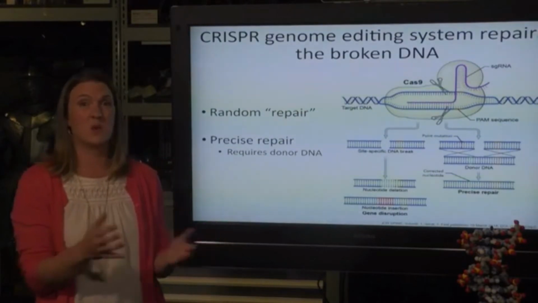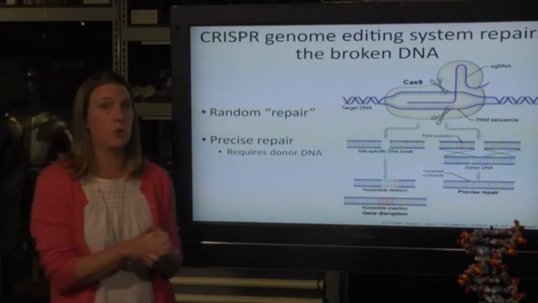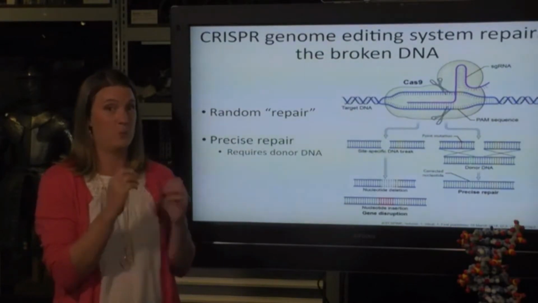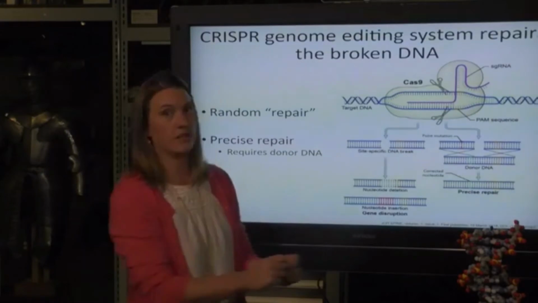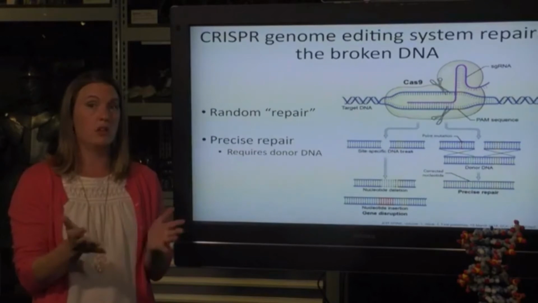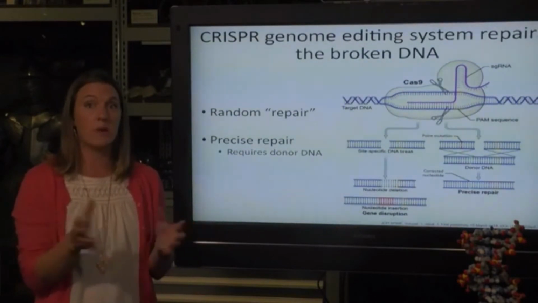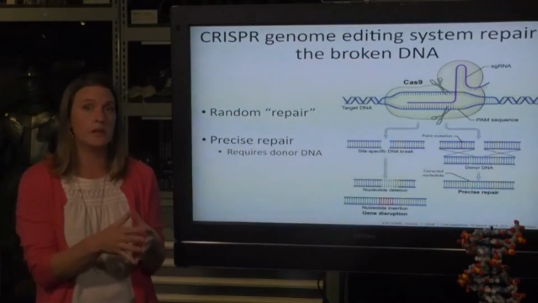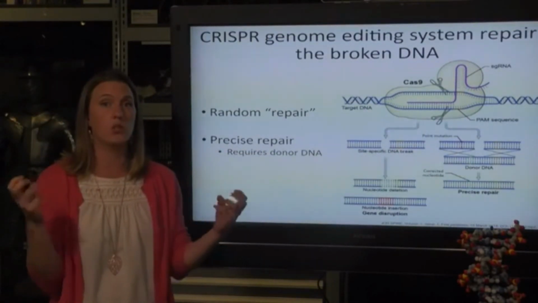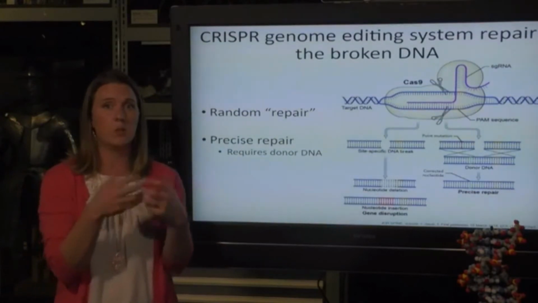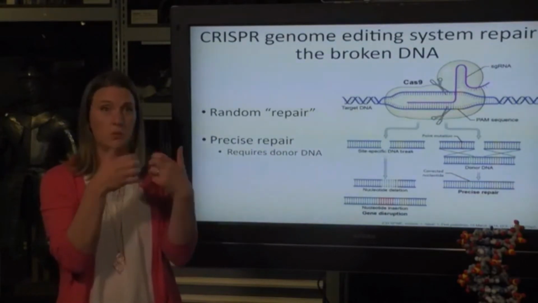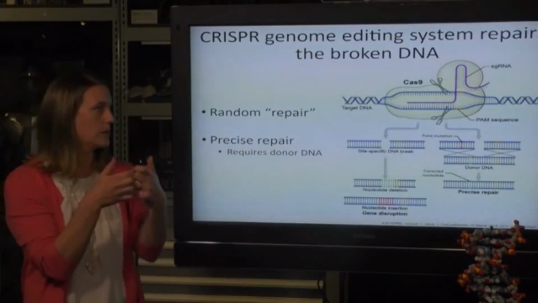Then what happens? So they let the cell take over at that point. And in our cells, they don't like broken DNA, right? It's broken both strands. But they break both strands, and the cell doesn't want broken DNA. So it's going to try to repair it, and it will repair it in one of 2 ways. One way is through random repair. Okay, so it will just join 2 ends of DNA together. It will take some bases off, it will add some bases on randomly, and it will fuse the DNA back into those single strands in the double helix.